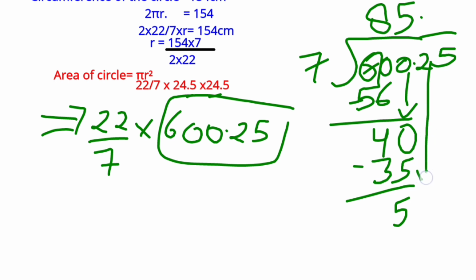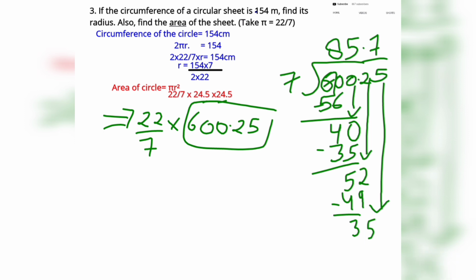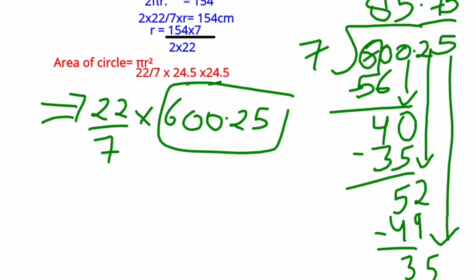You will bring this 2 downside. 7 7s are 49. 52 minus 49 3. We'll bring this 5 downside. 7 5s are 35. So we got our answer as 85.75. So 22 into